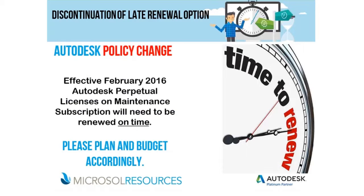If you are on maintenance subscription, Autodesk has changed their policy. Effective February 2016, all renewals need to be made on time. This is very, very important because Autodesk is navigating this transition as much as we are. But you definitely don't want to take a chance and say, they're bluffing. We don't really know. This policy definitely is going to have some kinks to work out, but please be assured